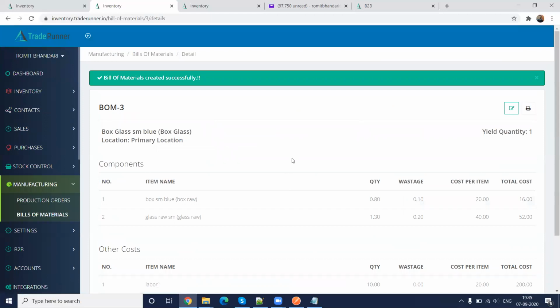Now, once you have created all the different products which you want to manufacture with their different components, after that comes your production order.